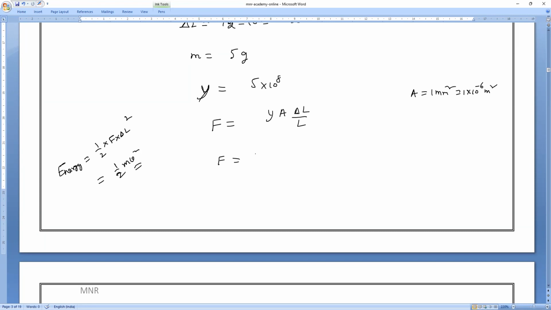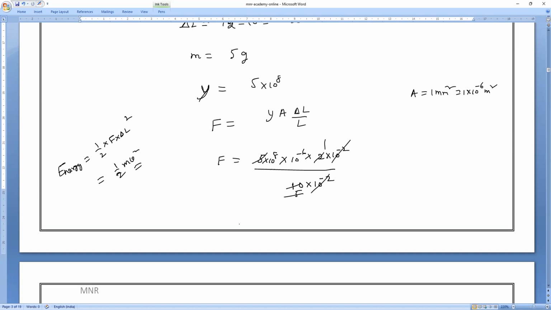So F is equal to, I'll calculate now. Young's modulus is 5 into 10 power 8 into A. Area is how much? 10 power minus 6 into delta L 2. So 2 into 10 power minus 2 divided by length. Length is 10. So 10 into 10 power minus 2. Both will get cancelled, minus 2 minus 2, so as it is. So they will get cancelled. Now next, the two 5s are